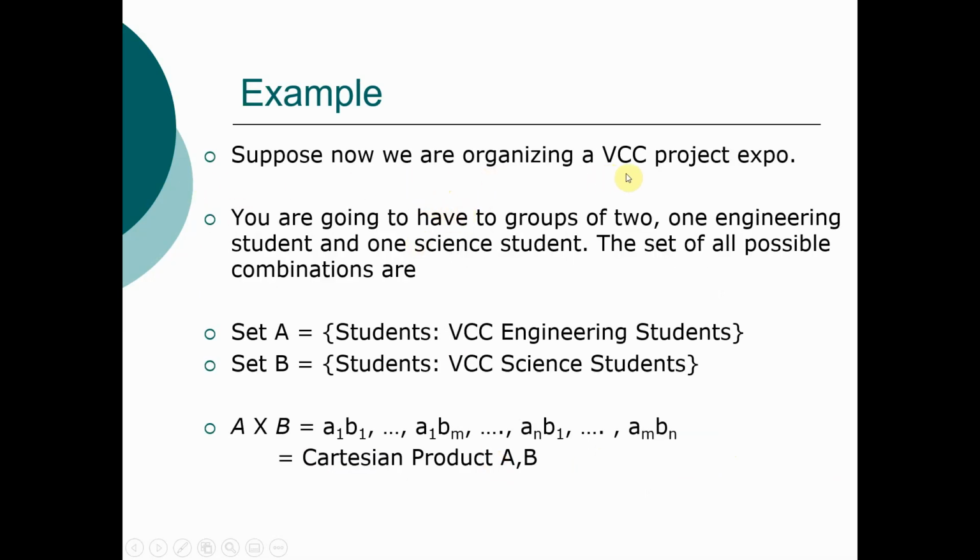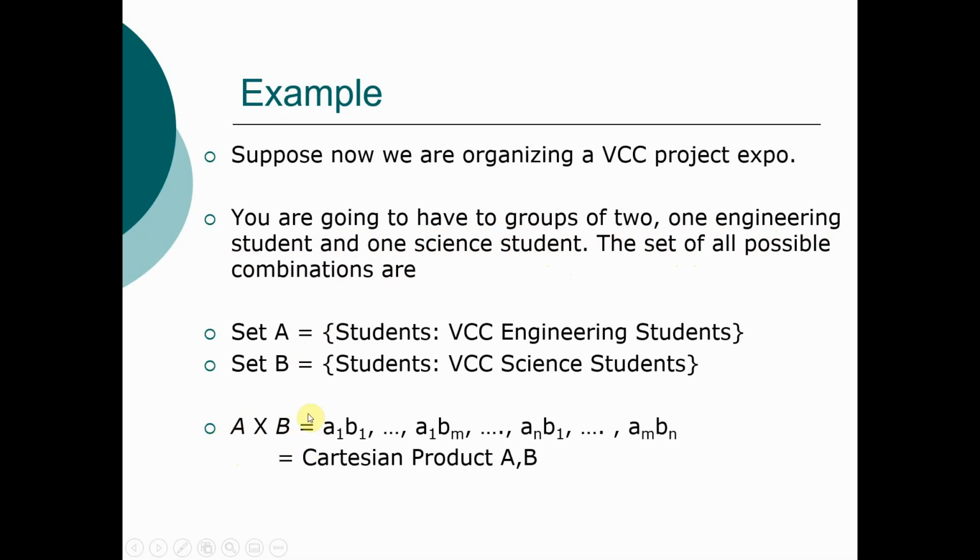Suppose now we are organizing a VCC project expo. You're going to have to organize groups of two: one engineering student and one science student. So we want each group to have one engineering student and one science student. The set of all possible combinations